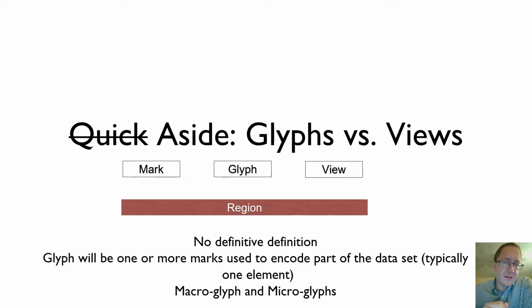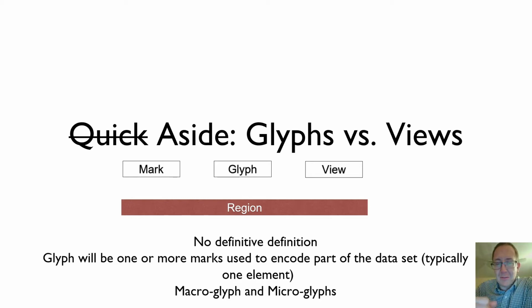It's better to look at an example, but it also comes very, very close to a mark. So we have a view, which is how we look at our data as one big, like a line graph. We have marks, so if you have a scatter plot, each dot, what does it represent? A glyph is sort of that part way, which is I can encode a lot of attributes on that dot,